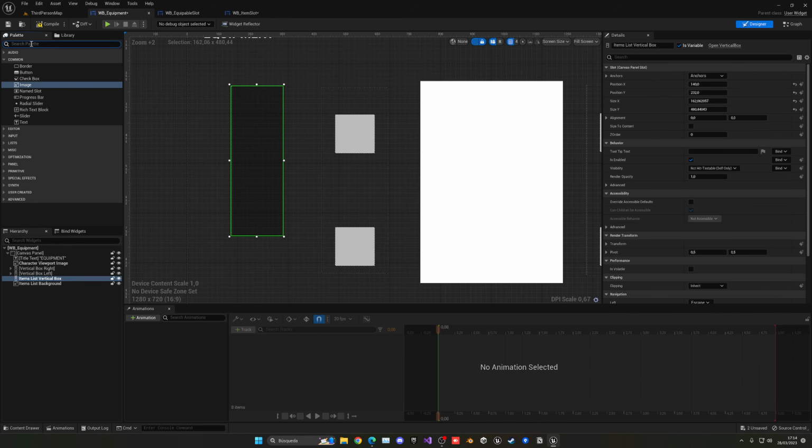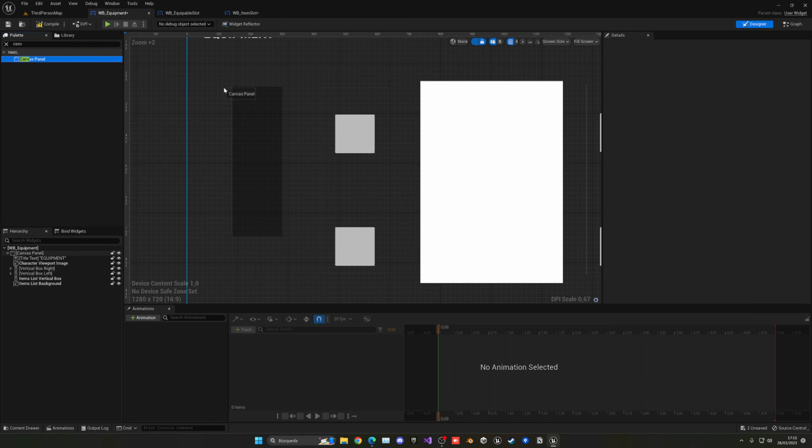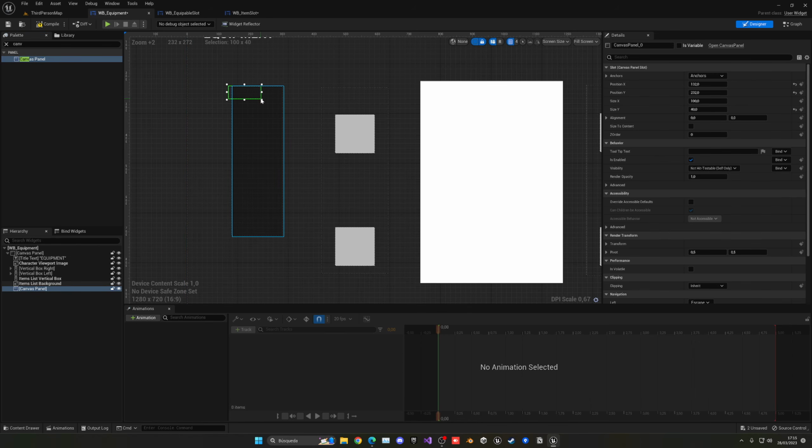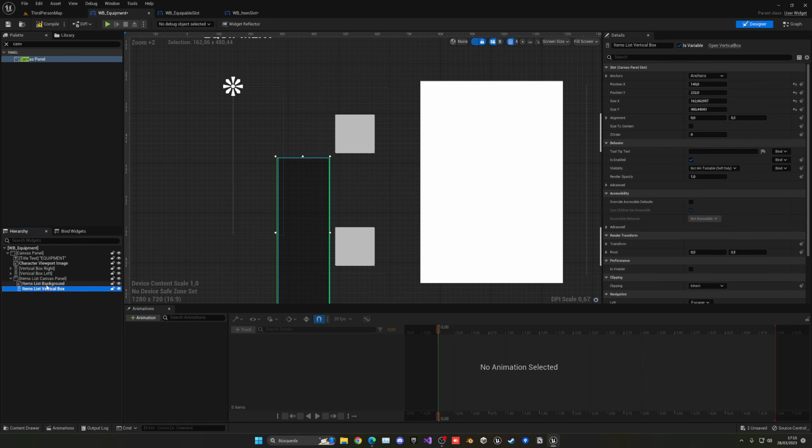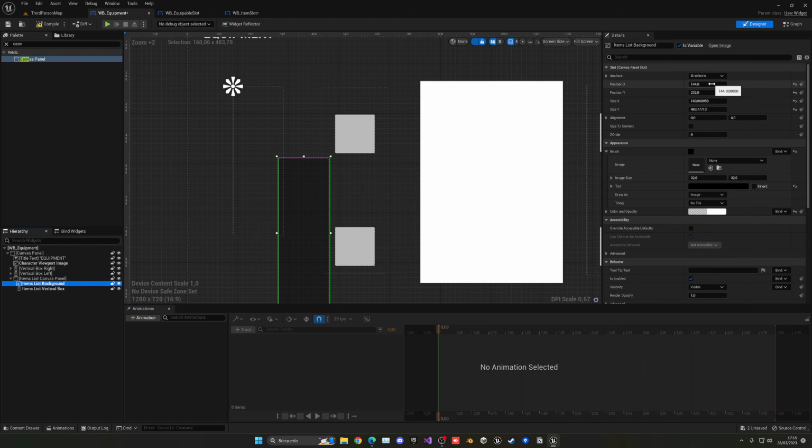So what we'll have to do is actually make another canvas for itself. Just go ahead and get it, and again it should be the same size over here. So this will be the items list canvas panel. So we'll go ahead and get the background, put it inside of it, and then the vertical box inside of it. So now we need to get the background and put the